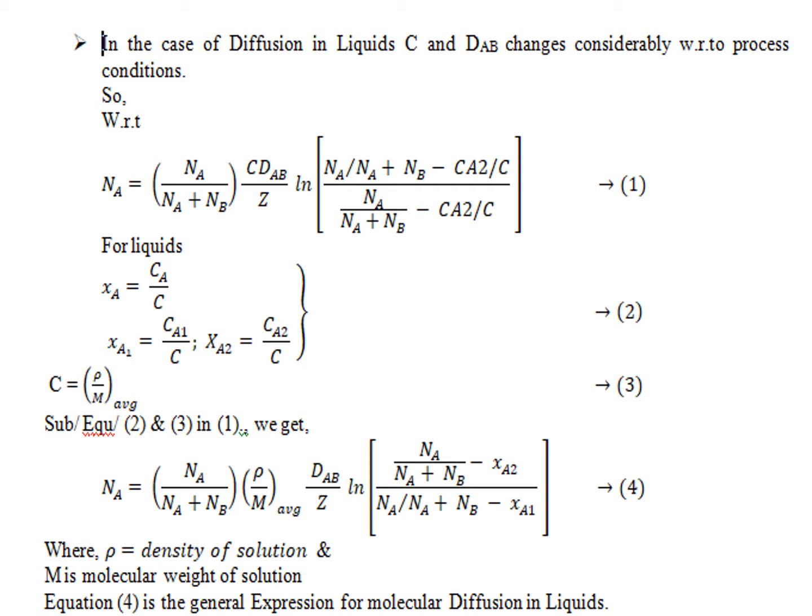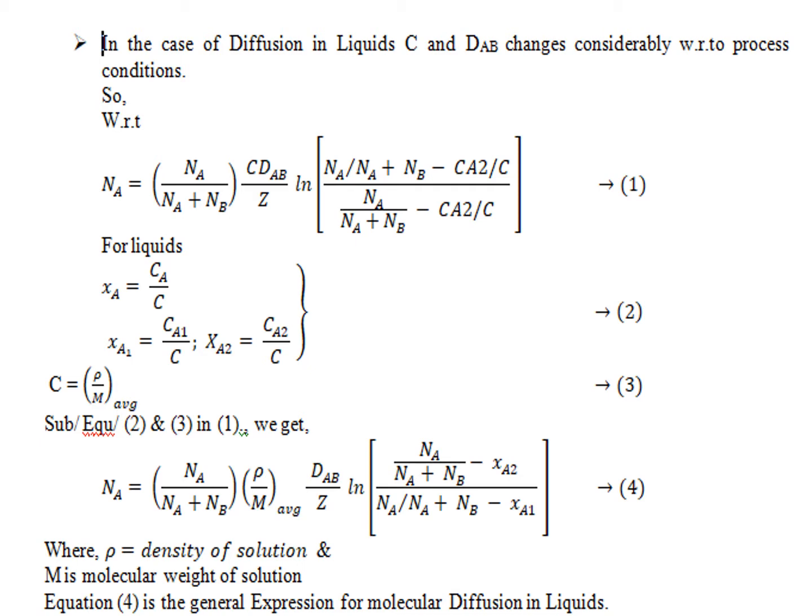For liquid, this represents the mole fraction XA. XA is equal to the individual concentration to the total concentration. So, this is very important. What is the difference between the liquid mole fraction and gaseous mole fraction? X refers to liquid, Y refers to gases. The liquid mole fraction is called the concentration mole fraction. The gaseous mole fraction is called the pressure mole fraction. Are you clear now? So, here we will take liquid.